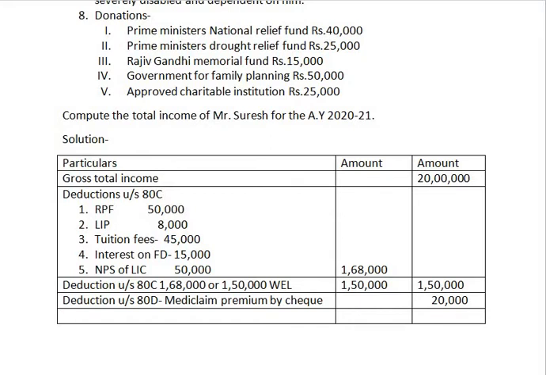So though here you are given 45,000 rupees spent on medical treatment of his widow sister who is severely disabled and dependent on him, we have to take deduction of rupees 1,25,000. In case of severe disability, 1,25,000. In case of normal disability, it is 75,000. So deduction under section 80DD for severe disability, the amount is 1,25,000. I repeat, irrespective of the amount spent. The amount spent given is 45,000, but we can claim deduction up to 1,25,000 only for section 80DD.